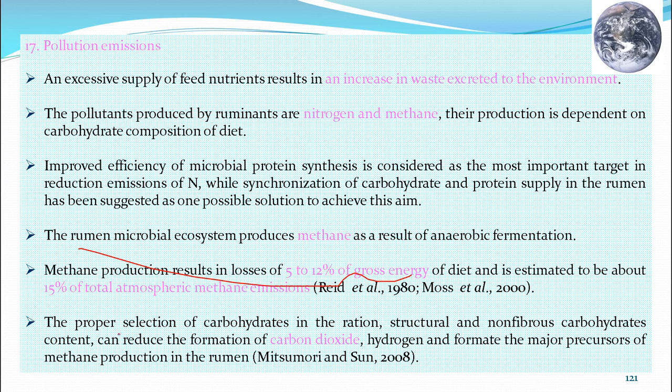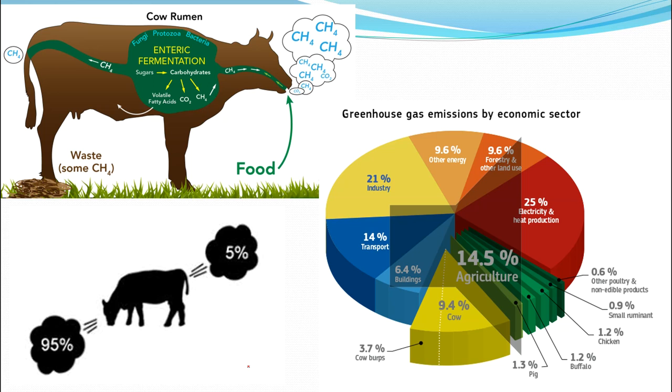Then it is estimated at about 15% of total atmospheric methane emissions. Only 15%. The remaining is from other sources. So if we properly mix the carbohydrate ration, structural and non-fibrous carbohydrates, then carbon dioxide, etc., may be less produced. So the cow rumen is producing methane to a greater extent, and that's called the greenhouse emission or